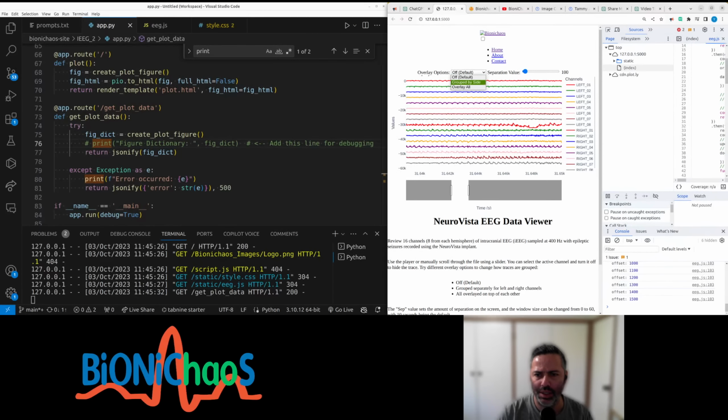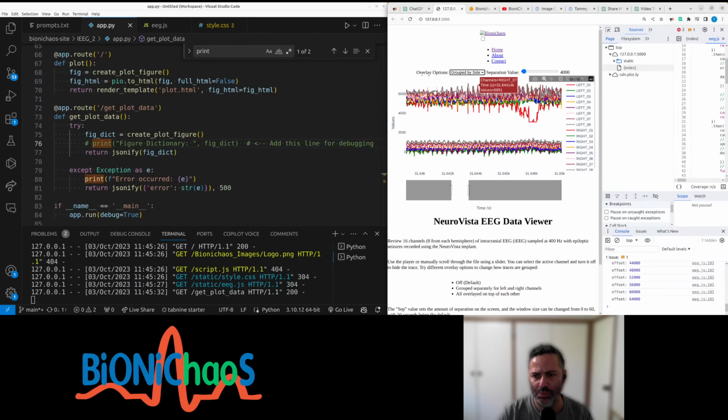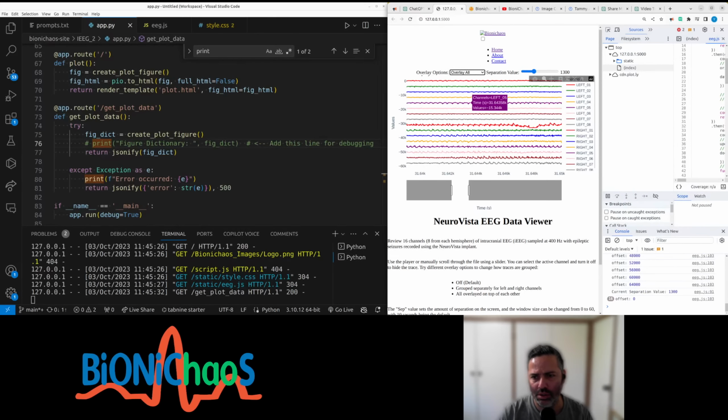That's working okay. Now that's default values. That's when the separation value can be used. Now grouped by site does this, and then this value shouldn't actually change anything, so it should probably be grayed out. And overlay all should overlay all, so they essentially should